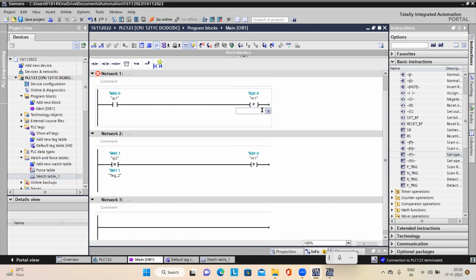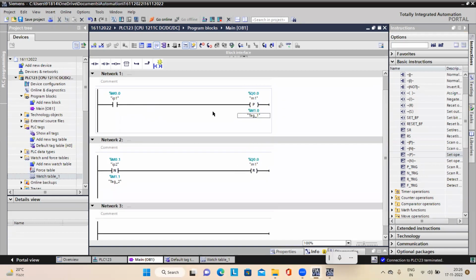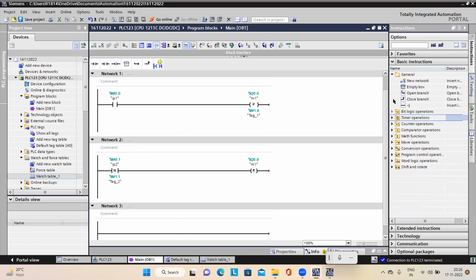And temporary bit we have to give here always. This is the order for storing temporary status of this input. So like this we have to take these instructions here. These are the different methods. Some additional instructions they have given in TIA portal,